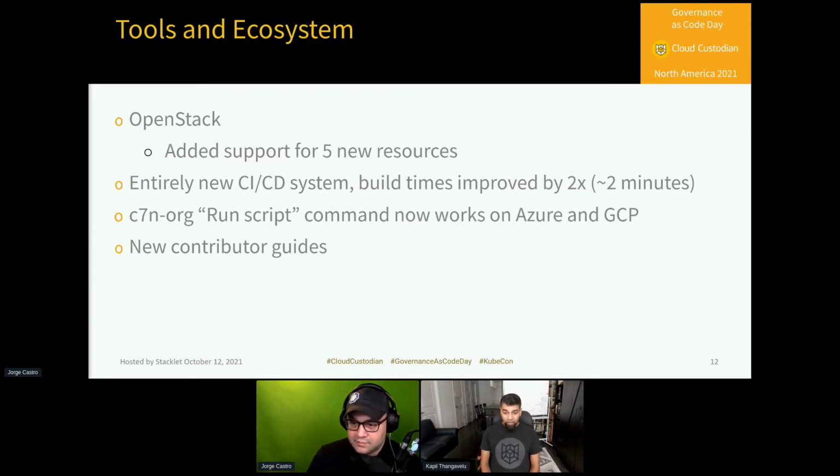We've also been able to revamp our CI/CD system. It was taking about 10 minutes every time you pushed a PR. This is really about developer efficiency and quality of life. We've been able to reduce that to about 2 minutes now, through some intelligent use of caching and revamping some of our GitHub actions. For users of C7N.org, which is our tool for dealing with large multi-account or multi-subscription or multi-project policies, there's an ancillary capability of being able to run an arbitrary script, be it Terraform or the native Cloud CLI, against all of those different projects or accounts.